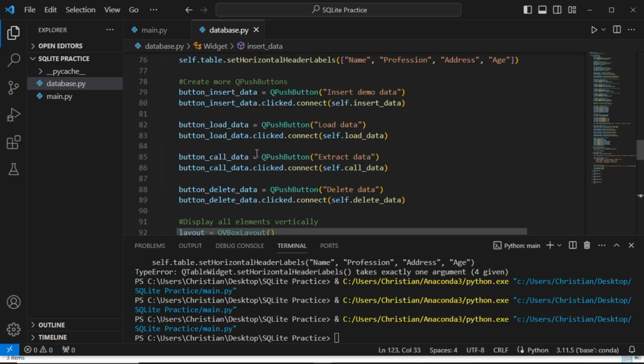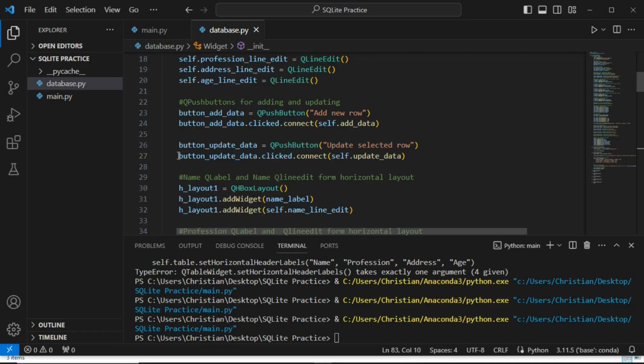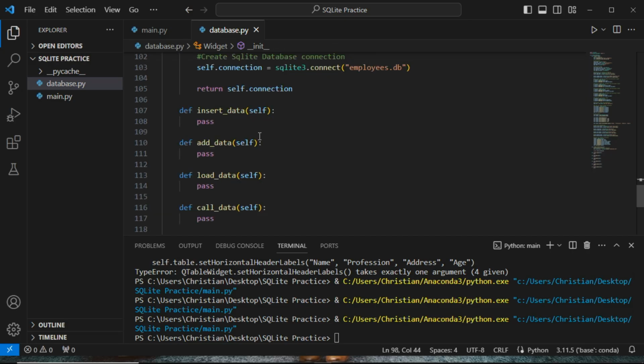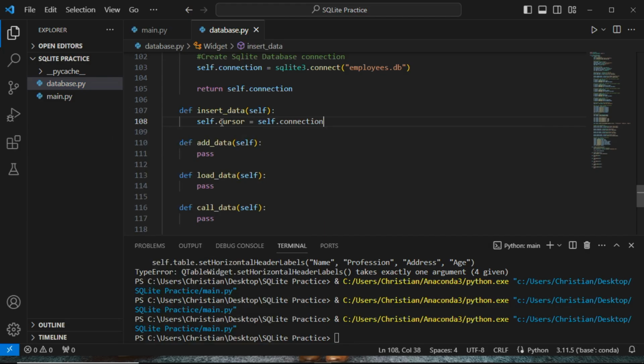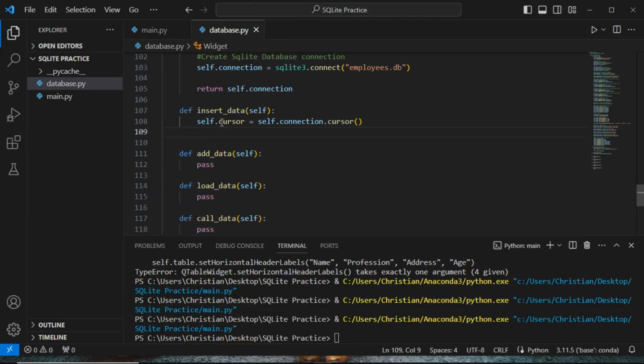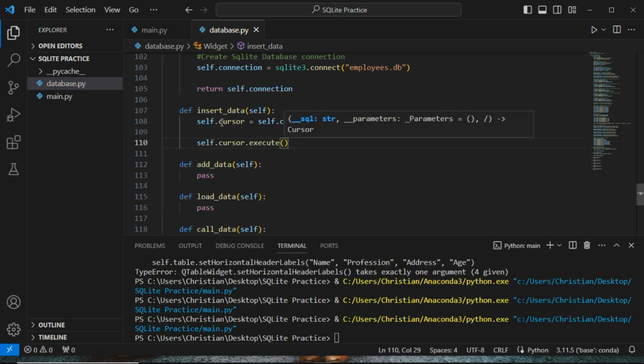Alright, so first of all, we're going to comment out all the actions of the different buttons. Just go there and comment those out. We shall activate them one at a time. Then go to the insert demo data. So we're going to create a connection. Right, so there we go. We're now going to create the